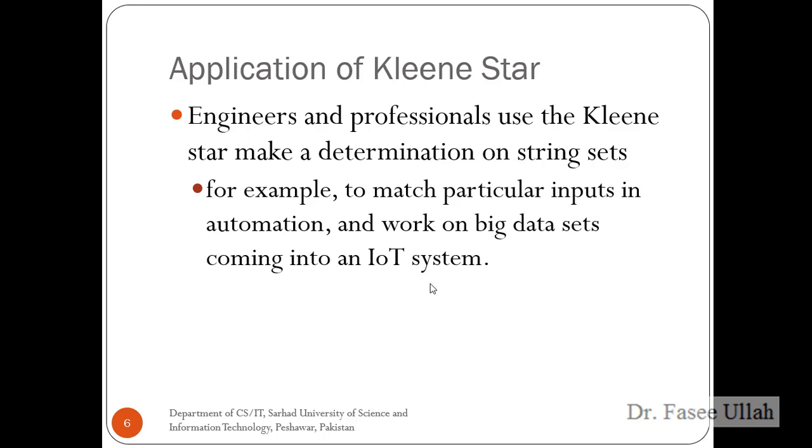After storing this data, we can use it for different purposes. For example, we have collected some images from public places, and we want to identify a person from that picture, right? This is one of the concepts of the Kleene star. We can define the rule, for example, how the nose of that person should be, how the eye size of that person should be. We have different pictures with different attributes, right? So we can use the Kleene star there. We have different applications. This is one basic example.